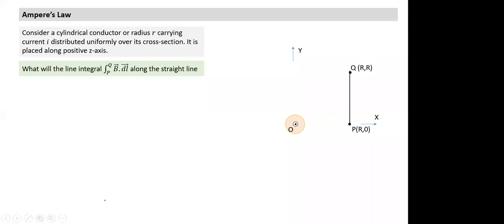We can complete a quarter circle with P as the center, with P as the center and OQ as an arc. So if it's complete, does it help in solving? Think of it. Now there are 3 parts. I can evaluate B dot dl along this path as well as this path, which is 0. But can I evaluate B dot dl along this circular arc here?